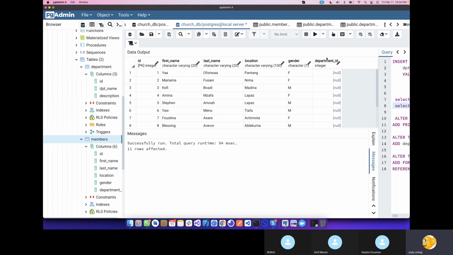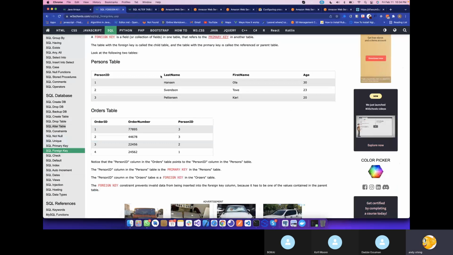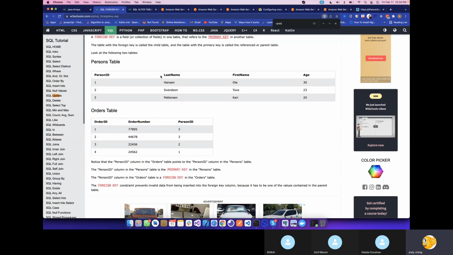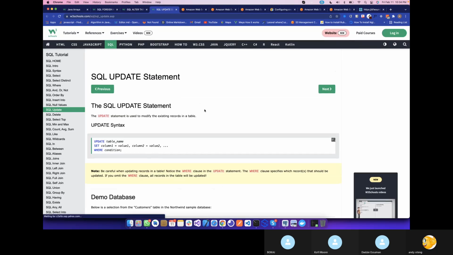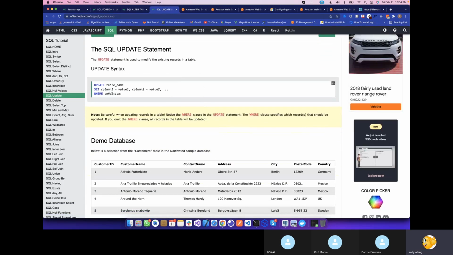So all we have to do is what? Update the table here for Ya Foriwa to have a department. And to update a table, we go back here again, look for updates. So this is an update query. Let's go and see how it's done. So update this, set the value to this, set where. The where condition is very important. So this is where the primary key plays a key role. You see, let me copy,